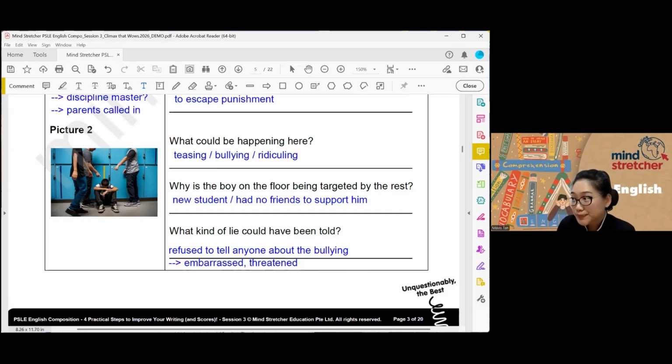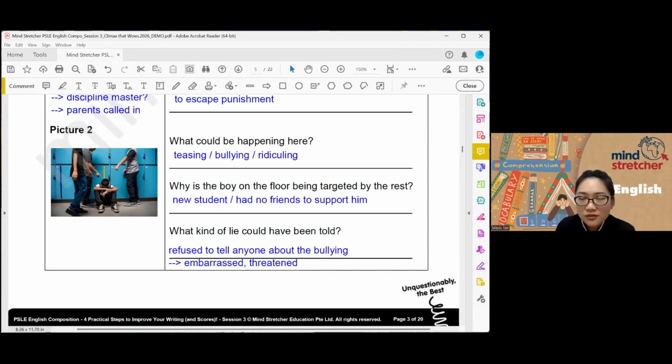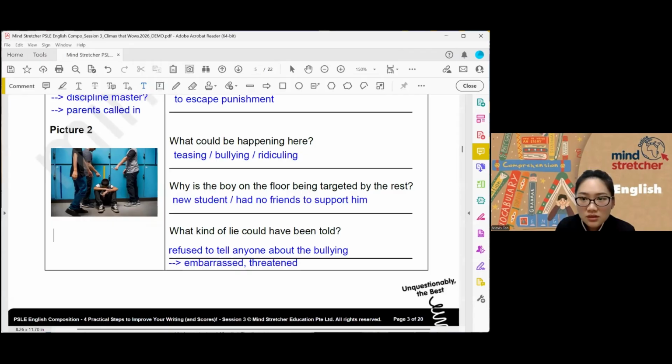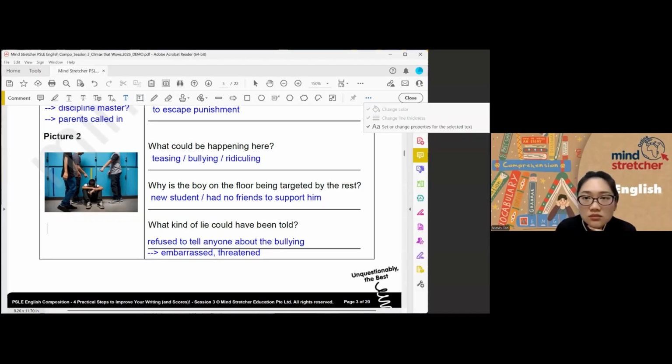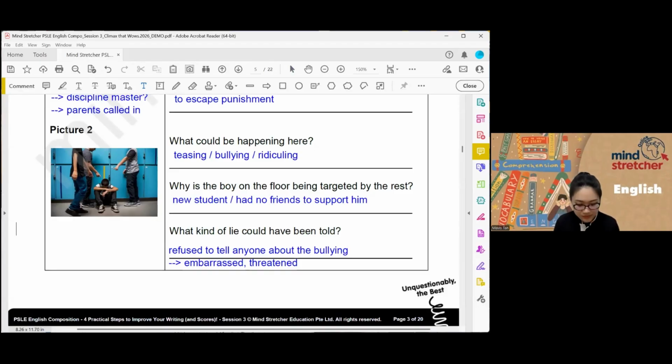doing something wrong. Okay, I'm going to use another color to type the other set of ideas. Oops, give me a moment. Okay, let me change the color. Strange, I cannot. Okay, I'll just type it down here. So what is a possibility? If you want to join picture one and two, actually you can. Because you need keys to open lockers, right? Unless it's a code.